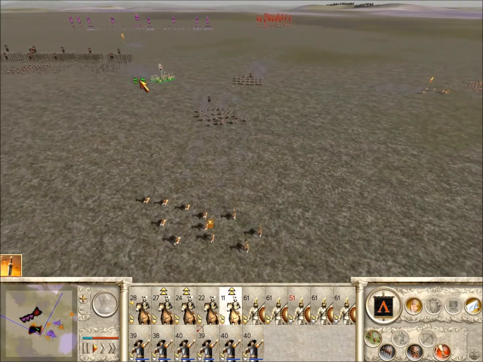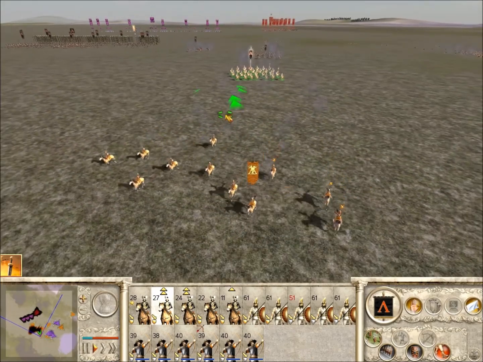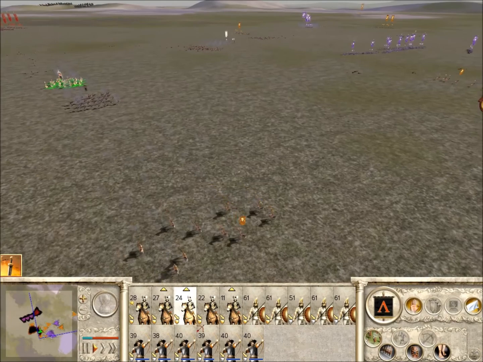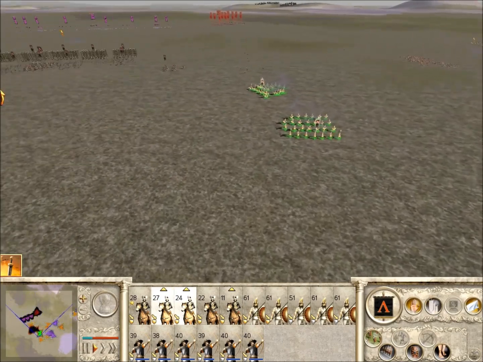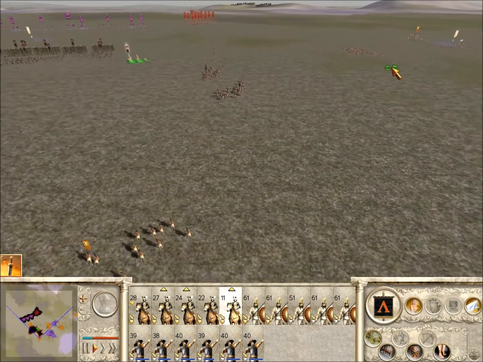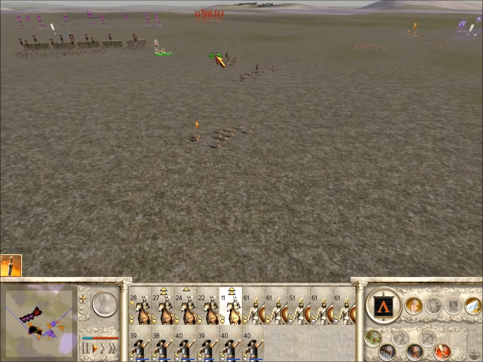So I did manage to rout one of his noble women, and I'm trying to chase that other unit, but it's just too fast. There's no way I'm gonna catch it with my heavy companions. And I figure, well, it's only one archer unit that's somewhat depleted, so I'm just gonna disregard it pretty soon, at least. Well, no, here